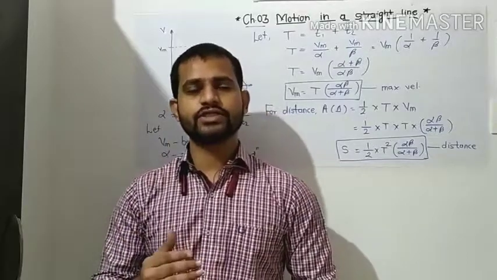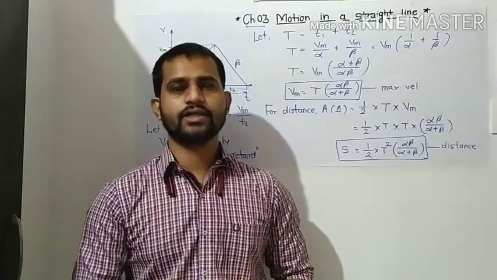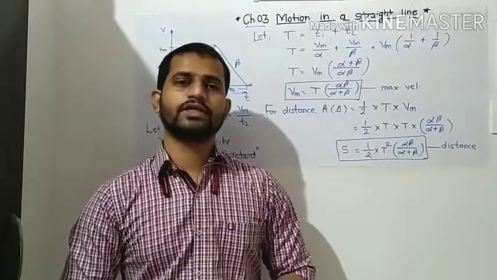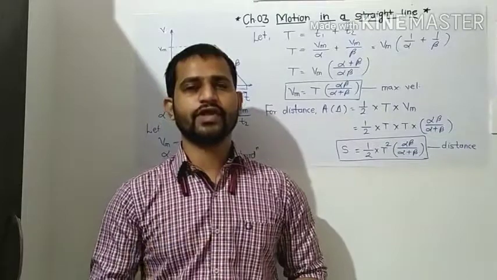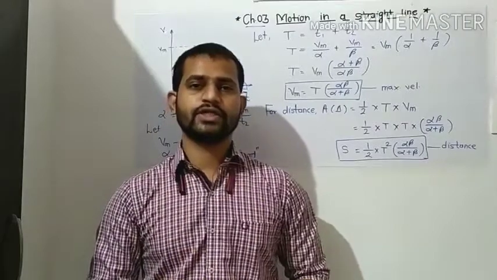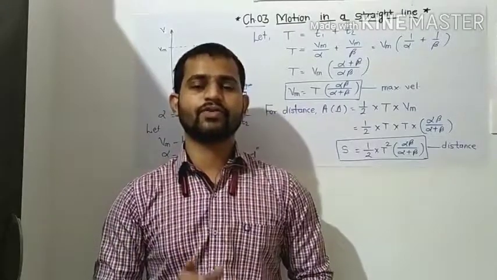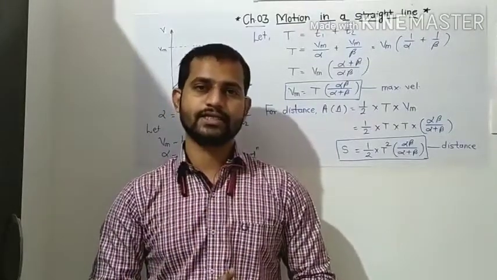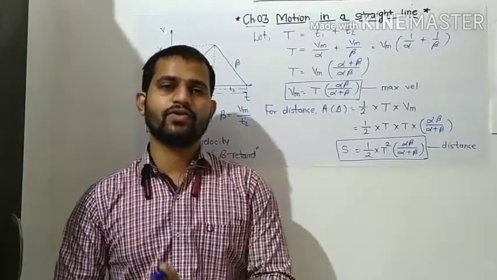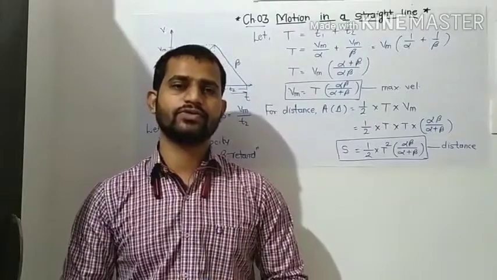So we have seen some sample numericals on the VT curve, and these are some simple examples. First we took one proof of the displacement, that is S is equal to ut plus 1/2 at square, which we can also prove by using the VT curve. Then we saw one numerical on the distance and the displacement. In the distance we just have to go for the values, and in terms of the displacement we have to consider the values with their signs. And in the third one, even though the values are not given, from our basics we can find the velocity as well as the distance. These are the numericals you just have to remember.